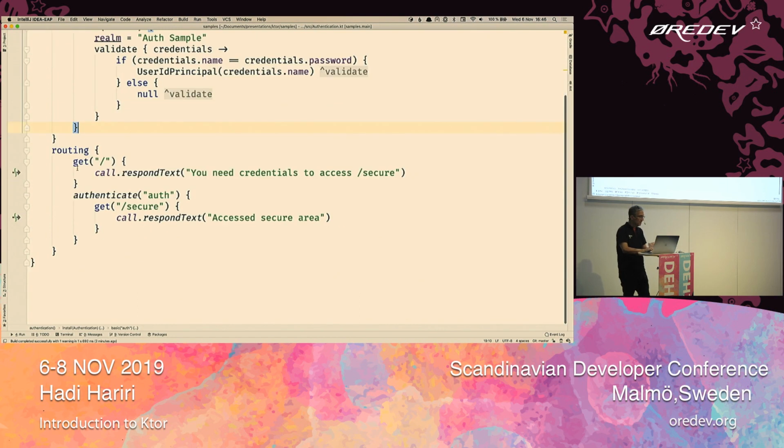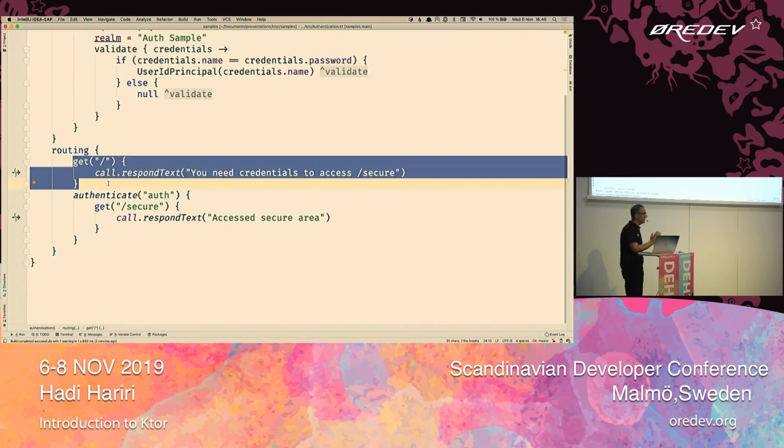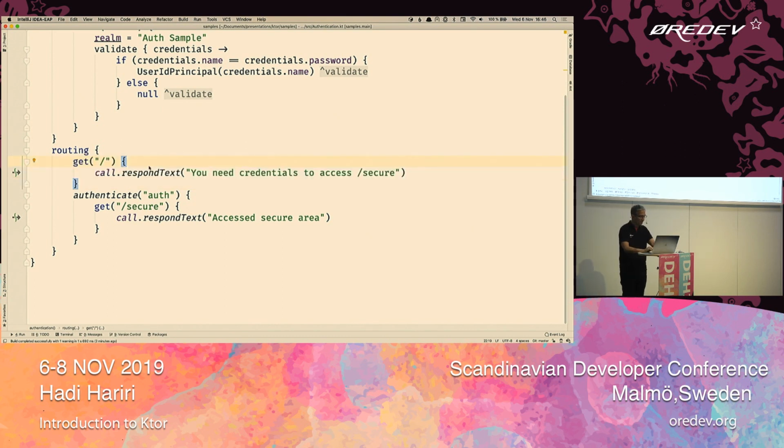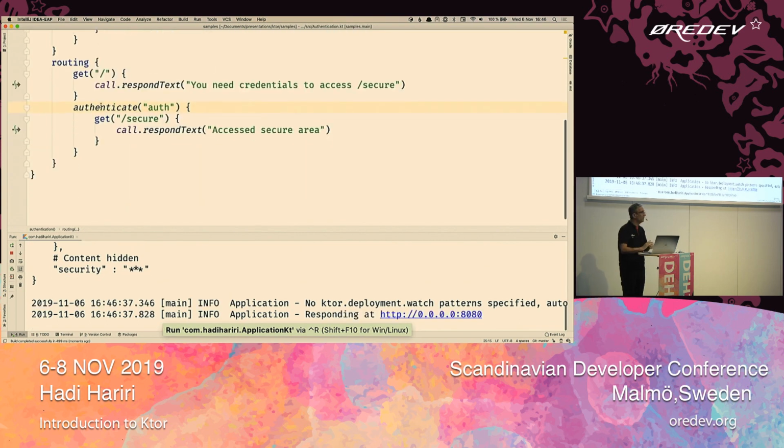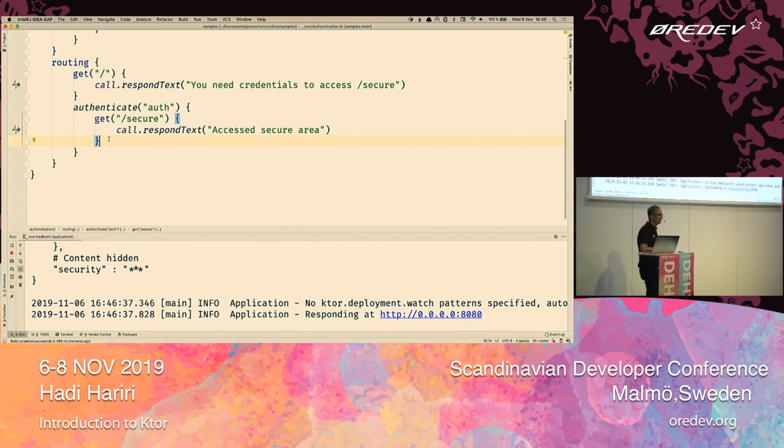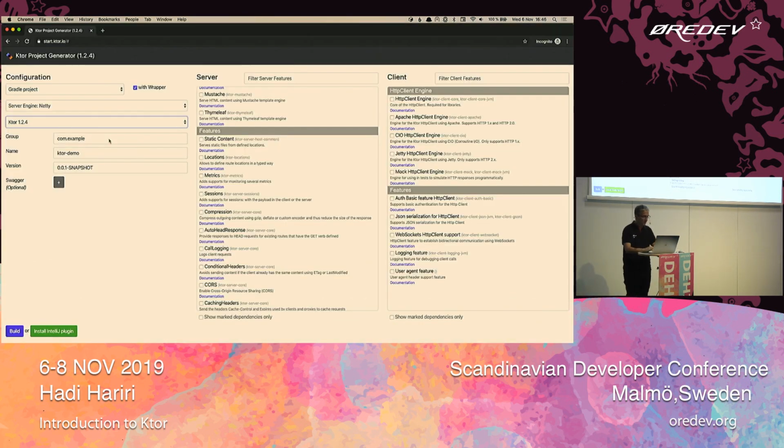So in my routing, this call doesn't have authentication. I can actually call this and everything is fine. But this call over here is wrapped in authenticate, which means any routes defined below authenticate need to be authenticated. Okay? So if we run this,